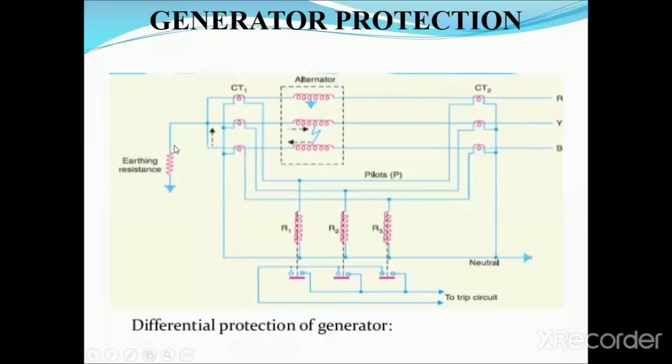If any fault currents or short circuit currents are obtained near the earth, then by adjusting this resistance, we obtain the balanced conditions for both CTs. Or in some cases, we are disturbing these balanced conditions for CT1 and CT2. In those situations also, we are using this earthing resistance. By adjusting this resistance, we are adjusting the balancing conditions for CT1 and also CT2.